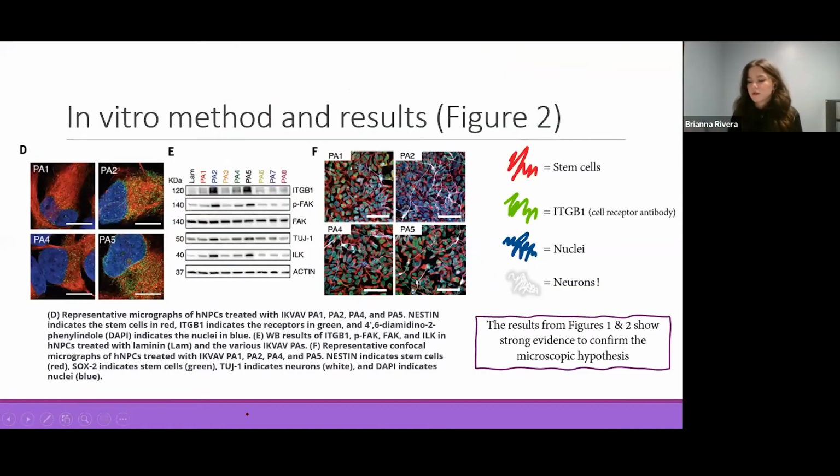All right. So the second method to look at, what the researchers moved to next, was some in vitro treatments of these different peptide amphiphile solutions. In vitro is just treatment at the cellular level. So these are just plates of cells that are being treated. We're not into live mice experimentation yet. But we get some very pretty pictures and also very interesting results when looking at the different treatments. So as predicted, our forerunners, which are PA2 and 5, in figures D and F,